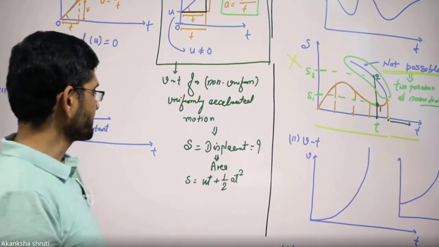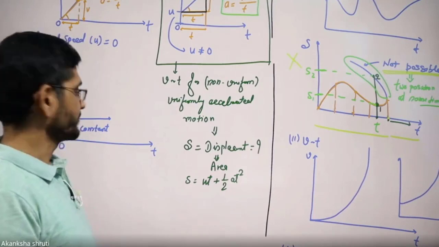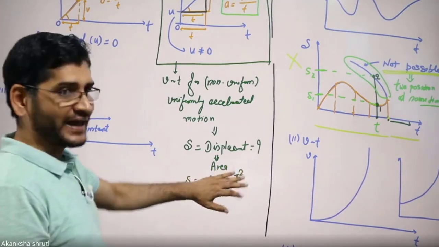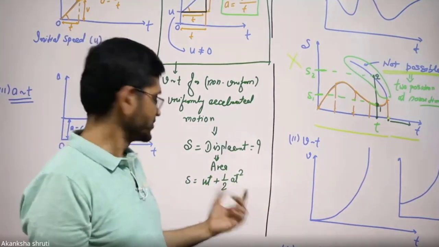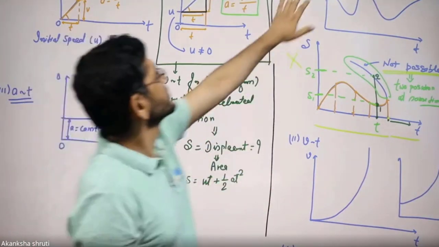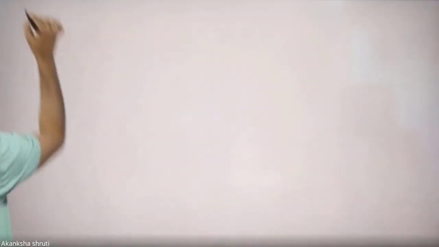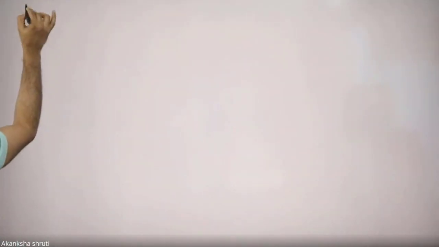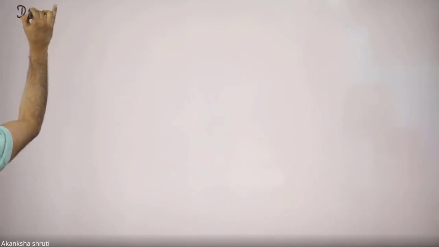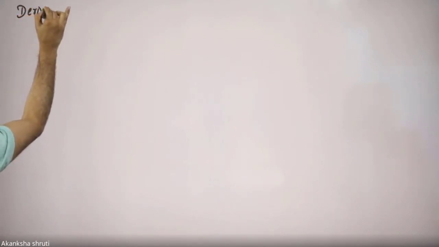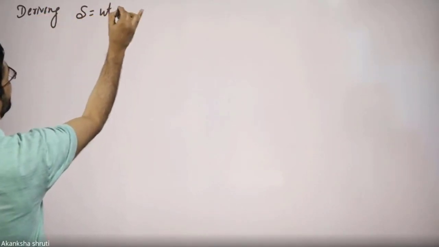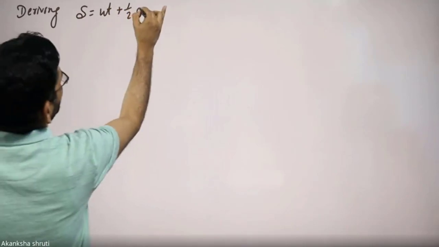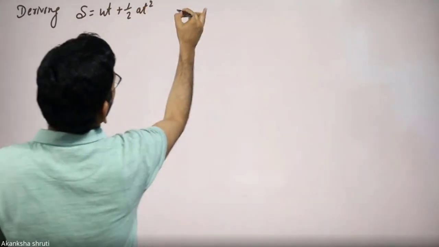Okay. So we are going to derive this. Numericals we will do tomorrow, and also circular motion. So today at least we have to derive this. Students, let us go for the most important thing: if the question is asking for deriving the formula S equals ut plus half at square graphically,